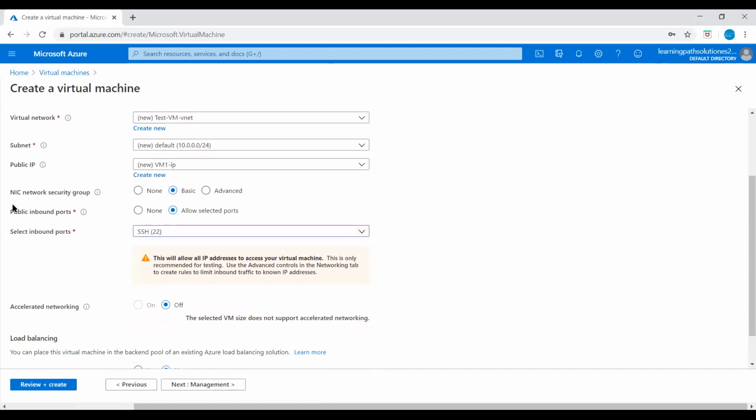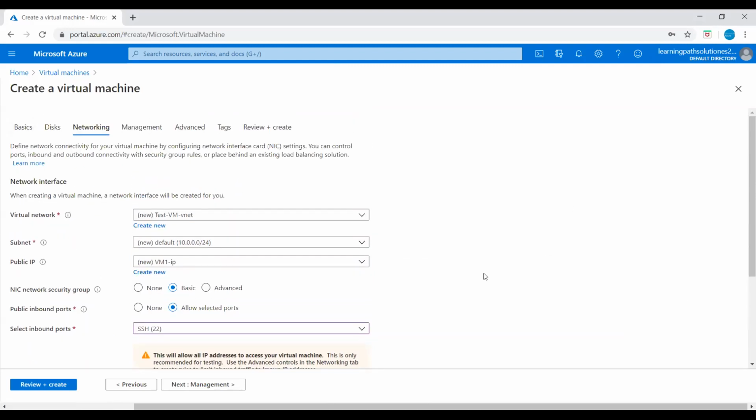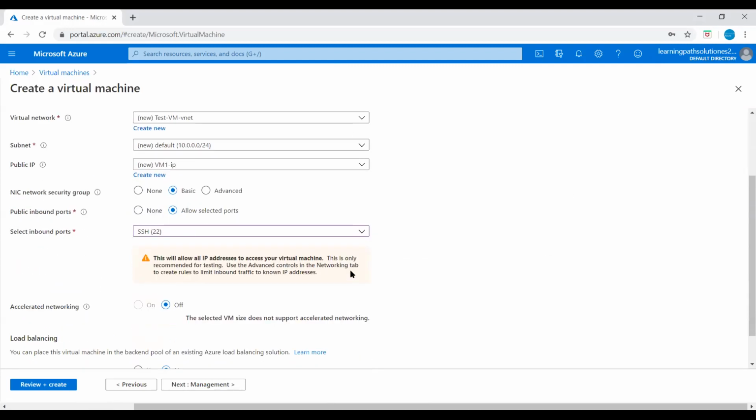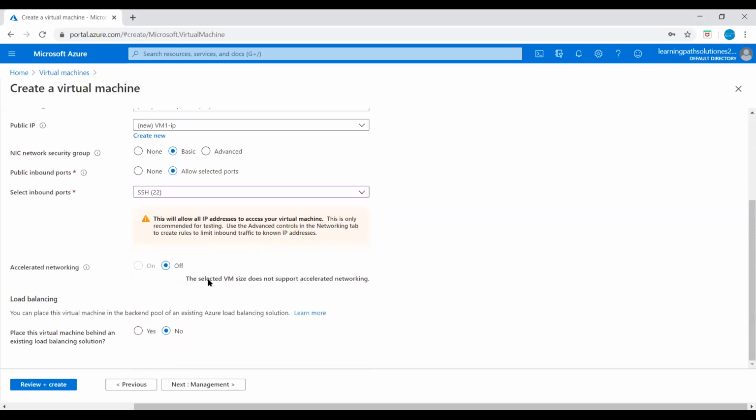So if you want to change anything, you can go back to basics and then change the ports. If you want HTTP and HTTPS connections, if you want those connections access your virtual machine, you can select those connections also. For now, I just pick this SSH, and then accelerated networking, just keep it default off,